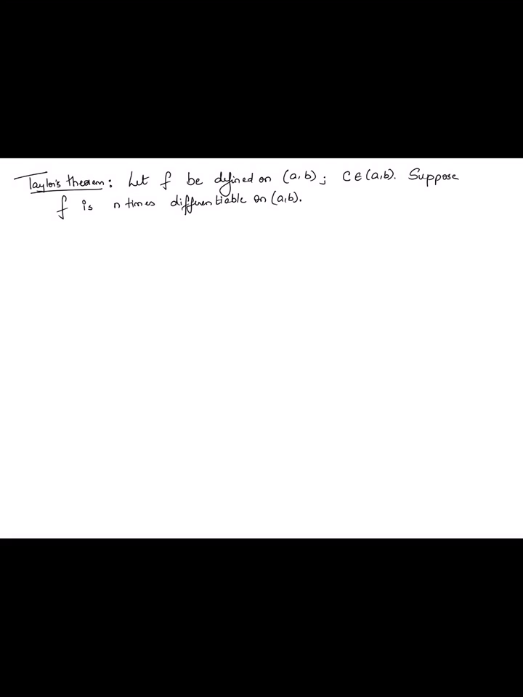Okay, so the hypothesis says that the function f is defined on some open interval (a, b). In particular, there's nothing that stops you from taking a to be minus infinity and b to be plus infinity. c is some point in this interval, and suppose that f is n times differentiable on this interval (a, b). All right, then